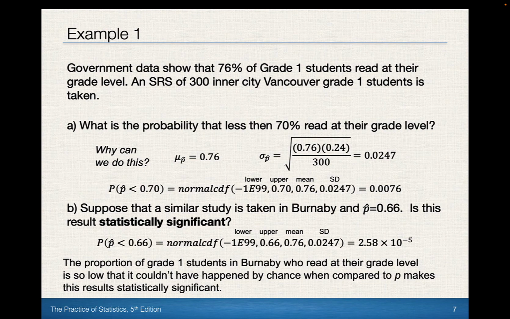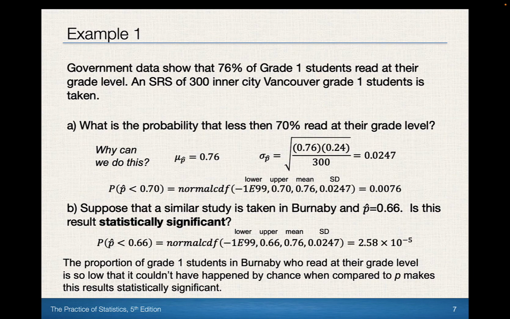Well, we use TI calculators, and for this I would do a simple normal CDF. And we would use the lower bound as extremely low, upper bound of 0.7, with the mean and standard deviation that's given, to give you a very low number of 0.0076. Now, there's a couple of things here that are important to recognize. First and foremost, you have to show the labels for normal CDF, or else it's considered calculator speak, and that's bad. The second thing I want you to notice is that though we were given information from the question,